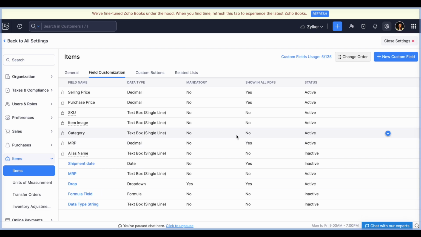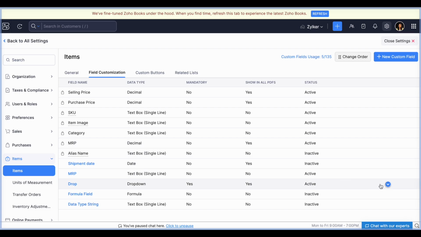We have also done some customization in the custom fields of the items. As you all know, the item custom field can be made available in the invoice PDF and in other PDF templates. It will be available as a separate column. Earlier, this was available in all sales transactions and in all purchase transactions. Now we have provided flexibility to limit it across the modules.